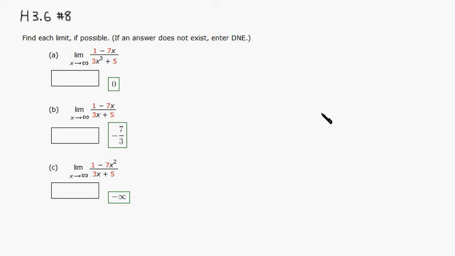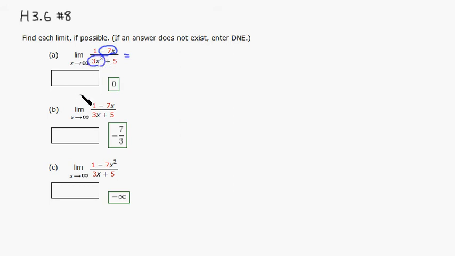Okay, let's go over homework 3.6, number 8. Right. So when you take the limit at infinity, you can actually only focus on the leading term on top and the leading term on the bottom. So in this case, the leading term on top is negative 7x, right? And the leading term on the bottom is